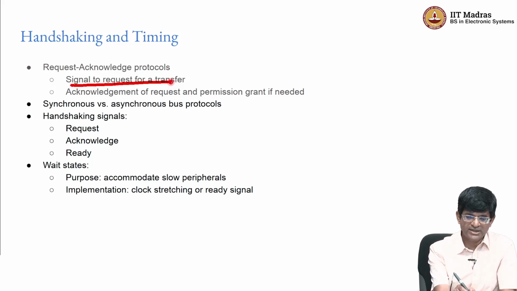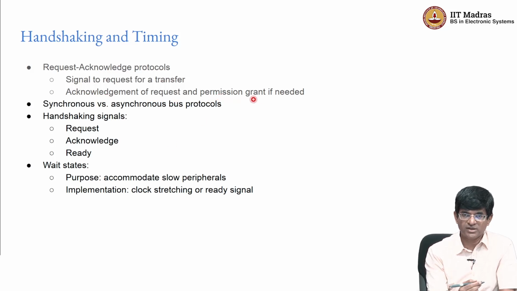So there is a signal that requests a transfer, typically coming from the CPU or a bus master as it is called, and there is an acknowledgement of the request, and if necessary some kind of permission to actually use the resource, either the bus or whatever else is being requested. Right? You can have variations such as synchronous or asynchronous bus protocols. Synchronous typically means that everything is running with the same clock. Asynchronous could be when you have something which needs to issue a signal but is communicating with a device which is running at a very different speed, and therefore rather than waiting for the data, it waits for some kind of signal to come back from the bus indicating that the data is ready.